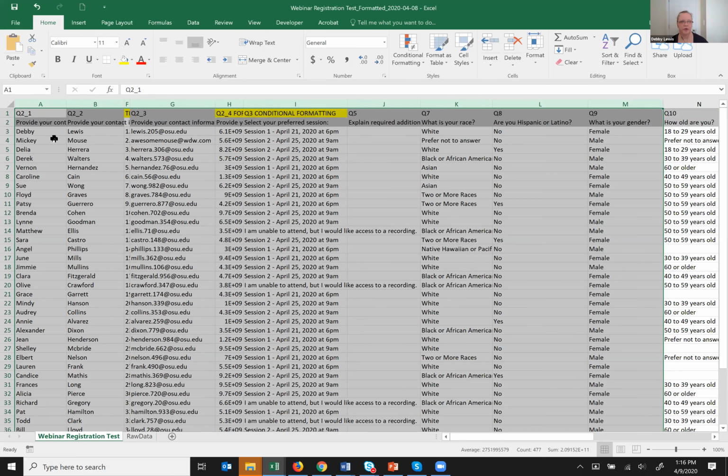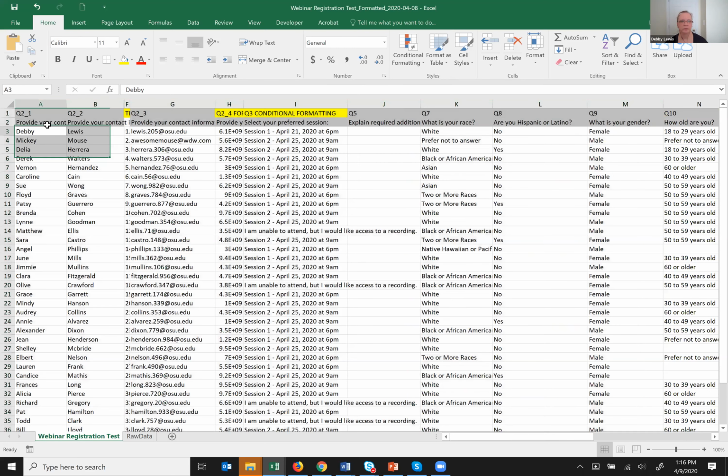So we have first name. If you click a cell, you can see what's in that cell up here in this formula bar. It's typically just showing you what's in the cell. If I want to adjust all of my columns so that I can see the data fully, I can highlight all of my